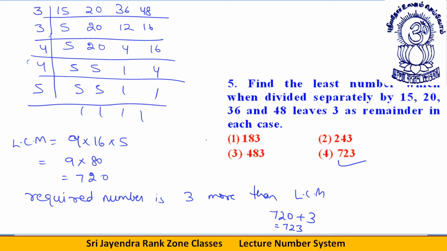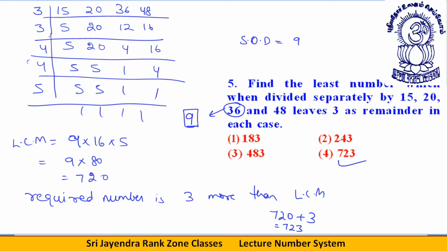Okay, dear students, so far it must be clear to all of you. Now I will tell you a very good shortcut for this question. See, the number has to be divisible by 36. 36 means divisible by 9. If any number is divisible by 9, its sum of digits is 9 or a multiple of 9. After that it leaves a remainder 3.